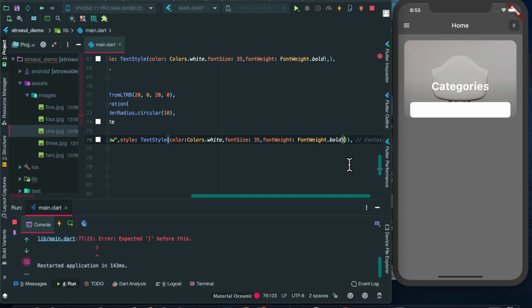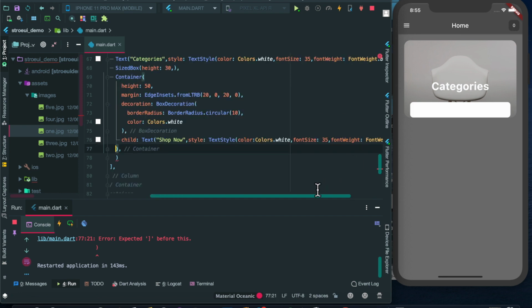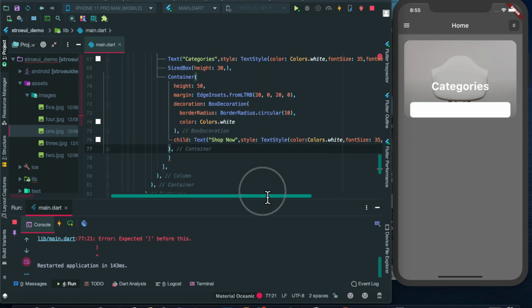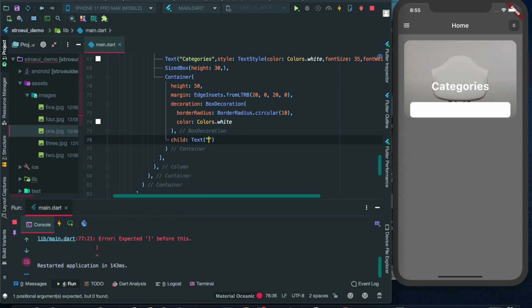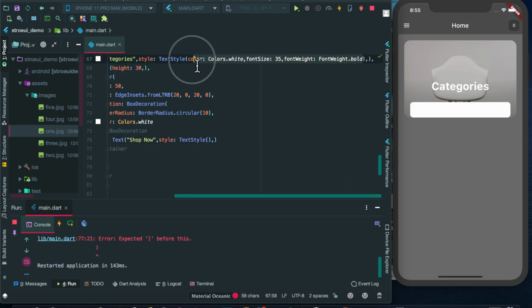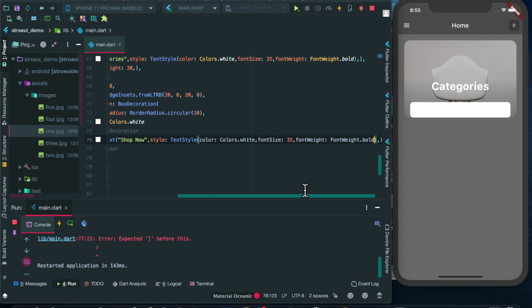I guess there is some problem in this text. Let's have some text written here, so let's put it as Shop now. Then the style would be TextStyle, which will have some properties. Now we'll just copy this TextStyle from here and add it here. Let's refresh it now.